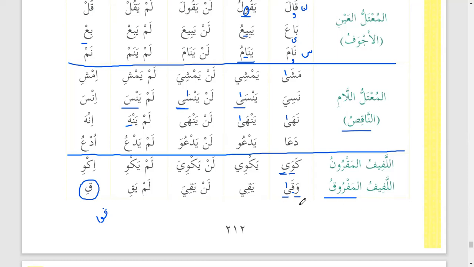Lafif, inshallah, maybe by the end of this book or by the end of this lesson, maybe some other time, we will discuss this. Kawayakwi, you have already learned about it, and you know how to make the present and the past. Waqayaqi and waliya yali. You remember? Yali, iqra yali. So inshallah we will discuss sometimes, when we get some time, about al-lafif maqroon and al-lafif al-mafruq.